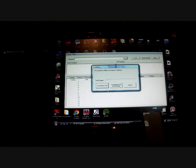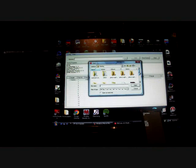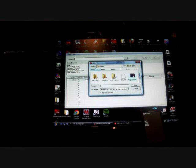You'll select uncompress and start flashing. Actually, we'll cancel. We need to select our device first. I'm sorry, guys. So select your device, make sure it's highlighted, and you see it here in device properties. Then click on the three dots and find your FXZ file. Do not unzip it. Open the file. And as soon as that comes up,